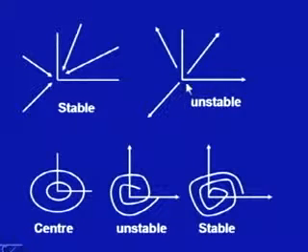So, this is the behavior of the solution, whether we are going towards the equilibrium point or going away from it. If we are going closer to the equilibrium point, we say the solution is stable. When we are going away from it, it is unstable. So, these are the cases when lambda 1 and lambda 2 are real and negative, and this is the case when lambda 1 and lambda 2 are real and positive. In all these cases, I am considering that the two values of lambda 1 and lambda 2 are distinct. But if the eigenvalues are complex and the real part is 0, then we will always have a closed trajectory, and a closed trajectory means the solution is periodic.